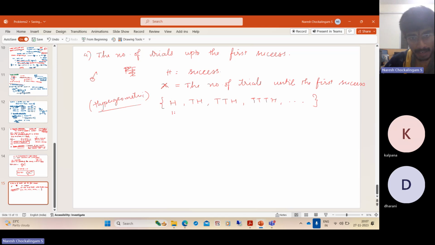Here, x is equal to the number of trials up to the first success. Here you need 1 trial, here you need 2 trials, here you need 3 trials, and so on. Now, what is the probability of the random variable taking a value x? It means you are having x minus 1 failures. So (1 minus p) raised to the power x minus 1, multiplied by